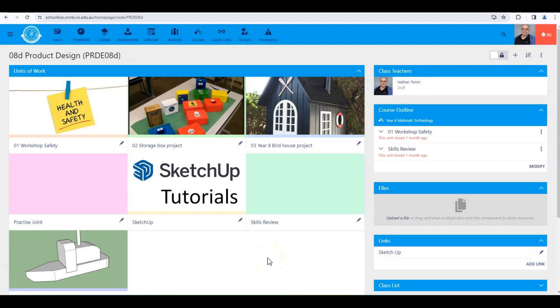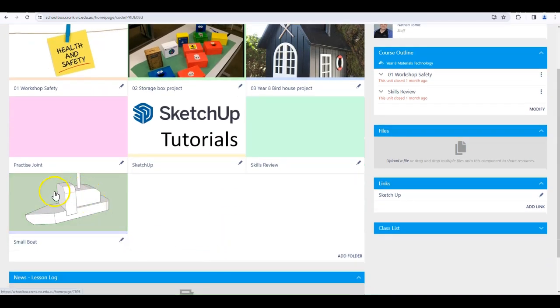Hello E-raters. This video tutorial is an opportunity to look at how we would go about designing this small boat from this unit of work here. Obviously we're going to be doing this in SketchUp, so if you haven't already done so, create a new SketchUp